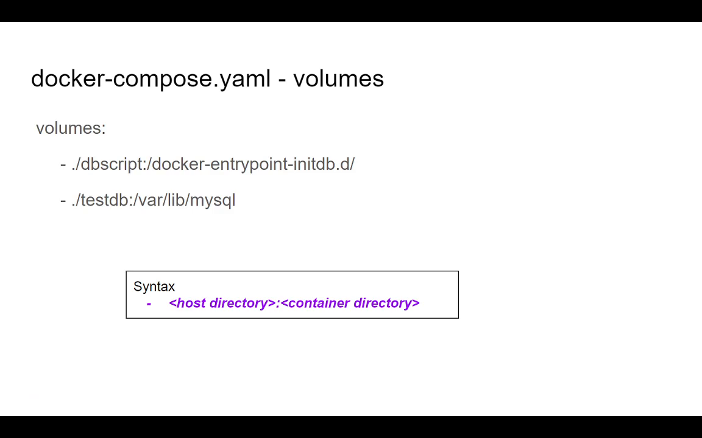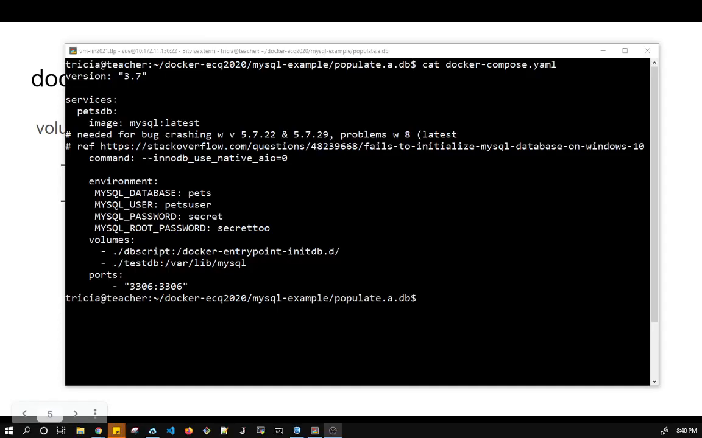So now I'm going to show you my script. Before I show you my script, I just wanted to point out the ports. This is port mapping or port forwarding from the container on the right hand side to the host on the left hand side. So we're using the same port inside the container and external, which is the default MySQL port. So here we have DB script and test DB. So if we look at DB script,